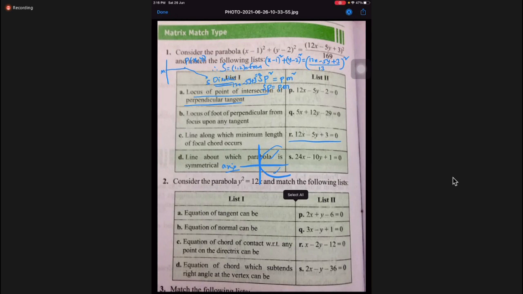Chord of contact, chord bisect, right angle, still we have not done that. Only tangent and normal you can say. How, tell me, students? Slopes only, no? For tangent we can use c equal to a by m, but for the normal it is c equal to minus 2am minus am cube.